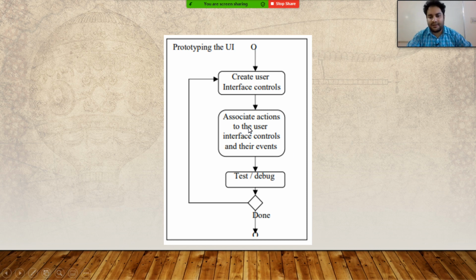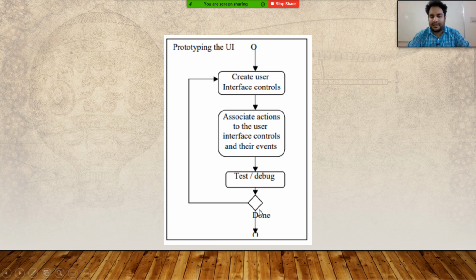After we have defined our actions and user interface controls, we will test and debug. Test means we will test whether everything is working fine. If any bug is found, then we will debug it. Debug means removing those bugs and moving on to testing in the next stage. Simply, test and debug will be repeated again and again till the user is satisfied with the user interface. That means the developer does the alpha testing first, and then we roll out the beta testing to a friendly set of customers, and after that, the app will be released online.